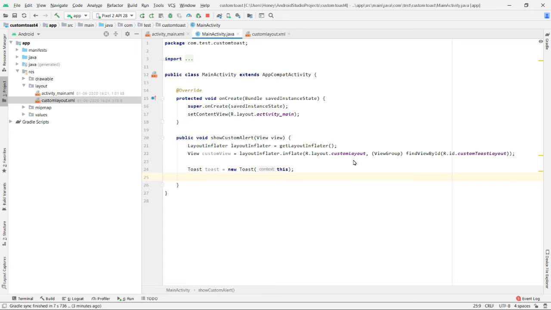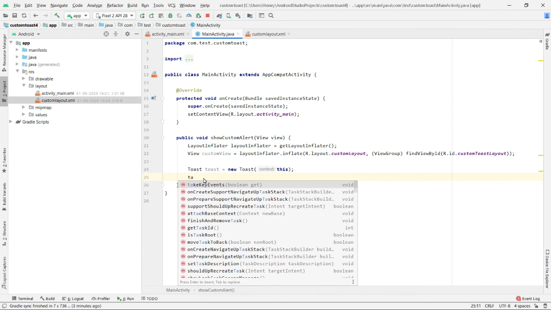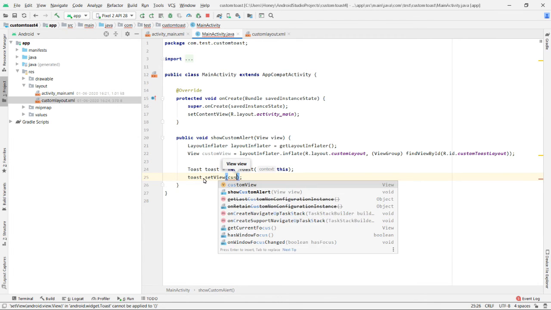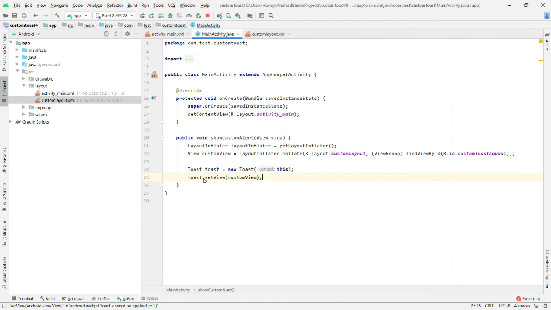Now you will be thinking that why I have created a view. That's because I will be assigning a view for this toast, that is toast.setView. We will assign a view for this toast, that is custom toast view. That's it. So toast.show.